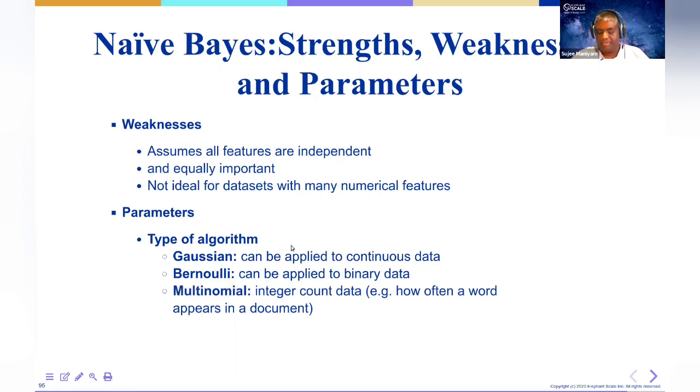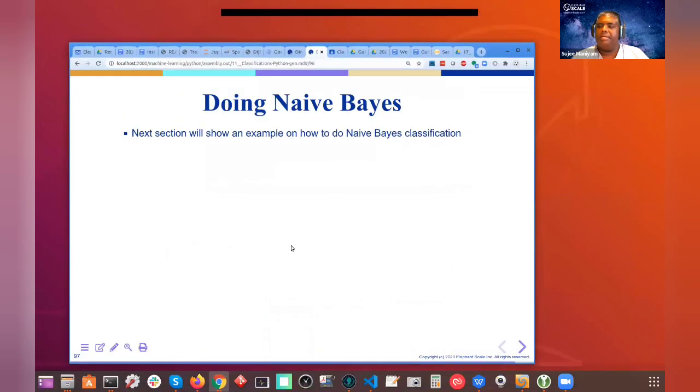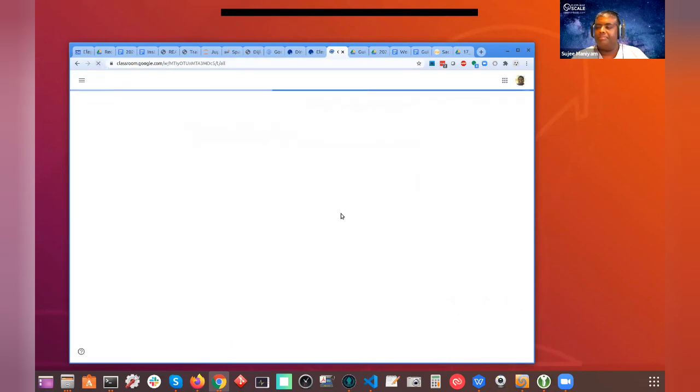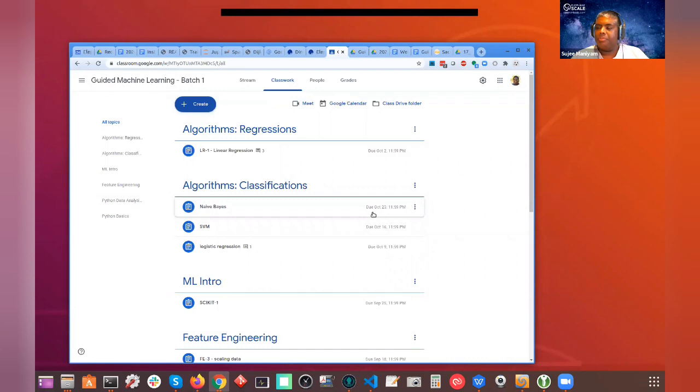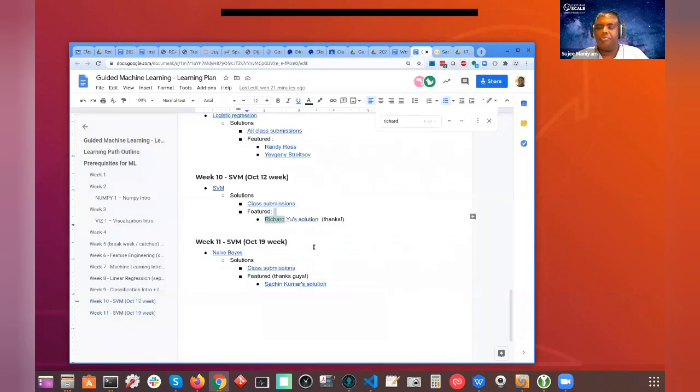All right, let's look at the labs. Here is your lab submission. Very good, guys. Thank you. 12 people submitted. Very good. What I'm doing is sharing the lab solutions here with all the submissions.